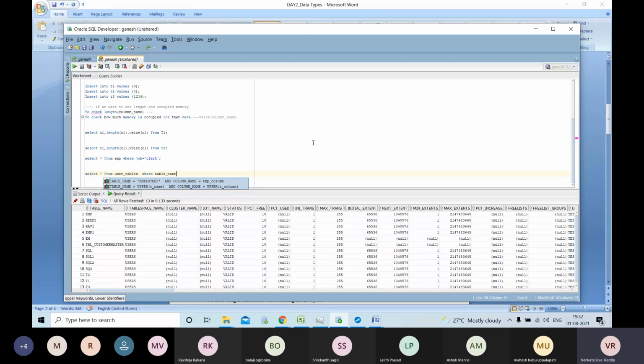How many types of tables do we have in Oracle? We have 3 types of tables.